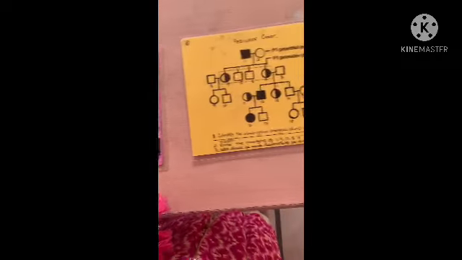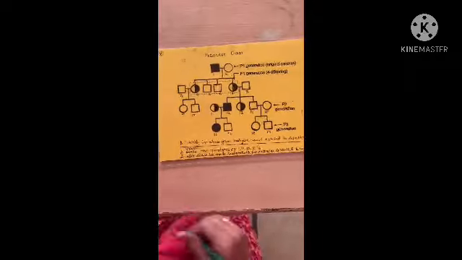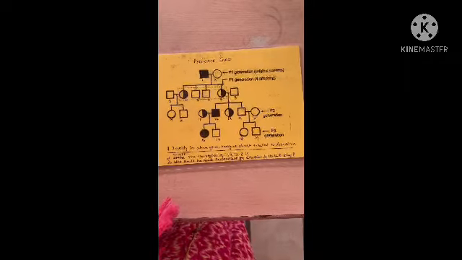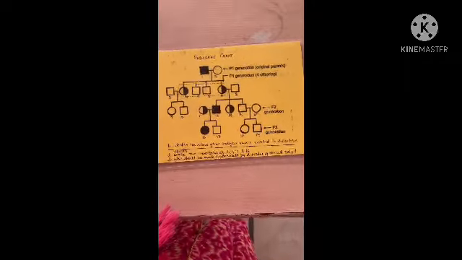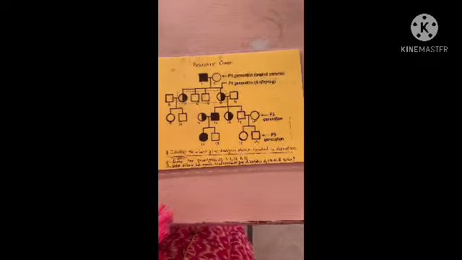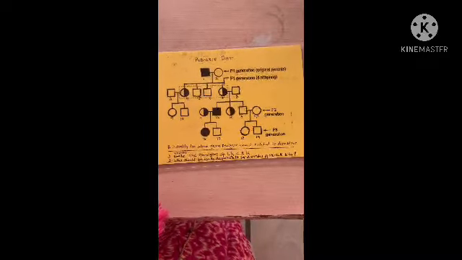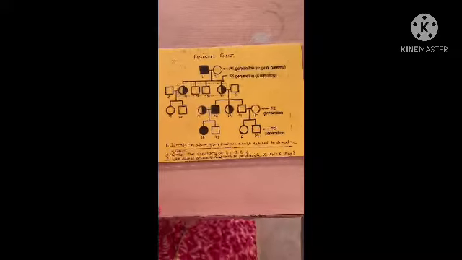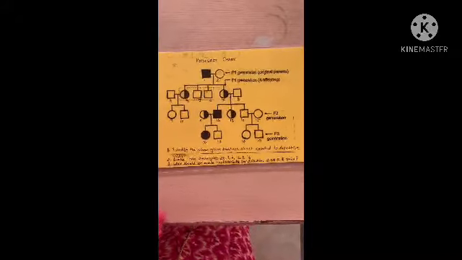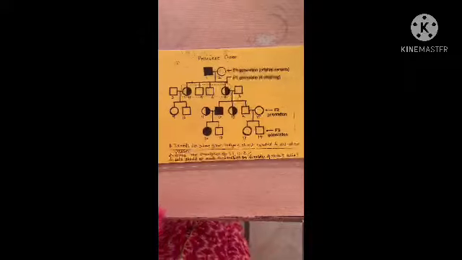This is another example. This is also related to color blindness. Now I have just explained one to you, so based on that you will be able to manage on your own. Try to analyze this one and try to answer whatever questions are written over there, based on the previous one that we have discussed. Okay, so this you will be able to do.